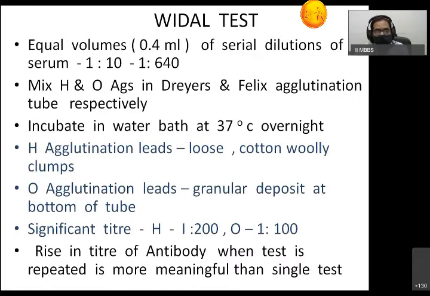Correct? So what you have to do in the Widal test, you are going to make a serial dilution of serum, maybe from 1:10, 1:20, and up to 1:640. Depending upon the instructions on the kits, various kits are produced by various commercial companies, so they prescribe the guideline. The idea is that you are going to test the serum in dilution. Correct? So you are going to mix H and O antigens in the tubes